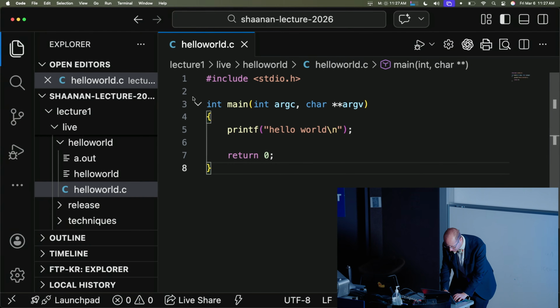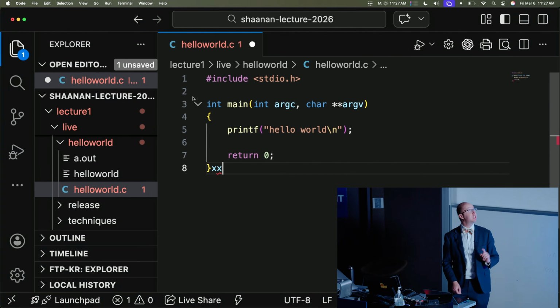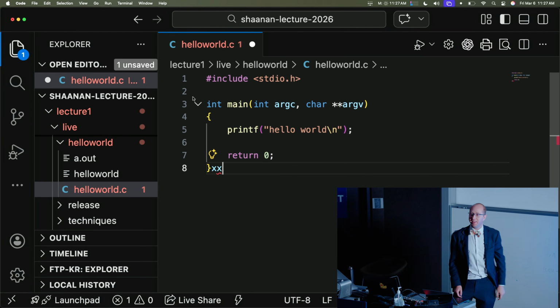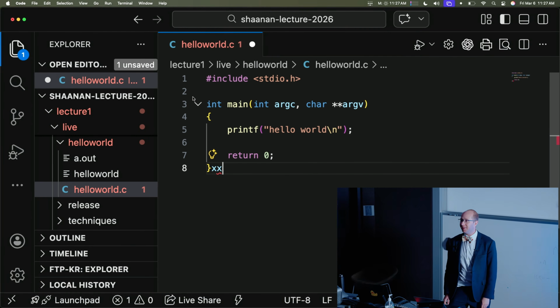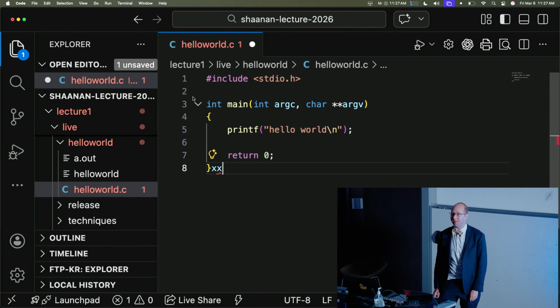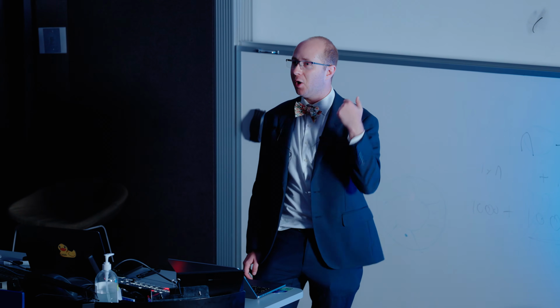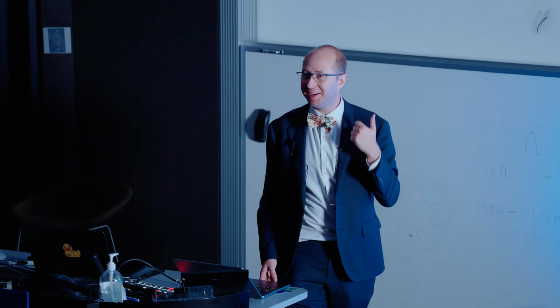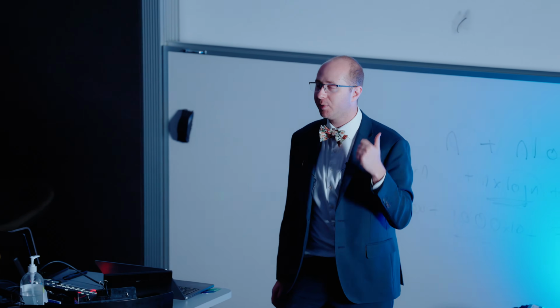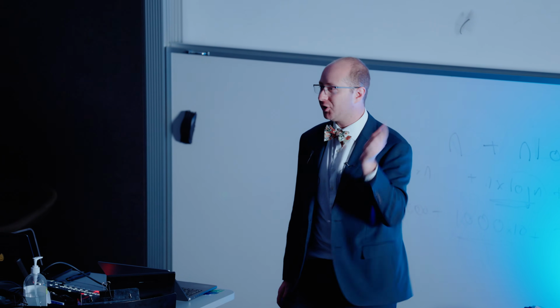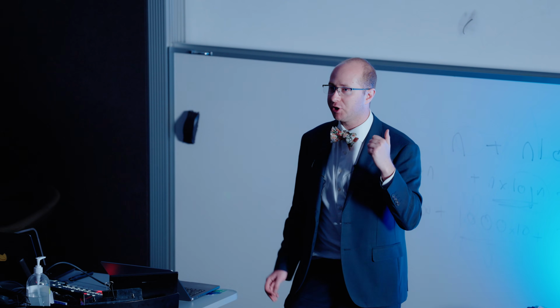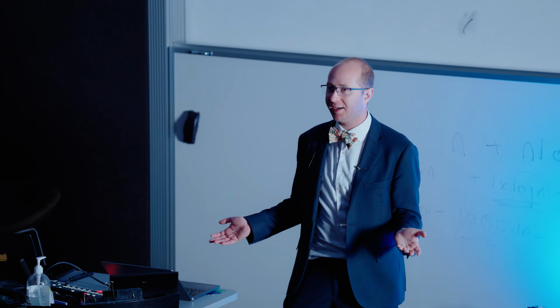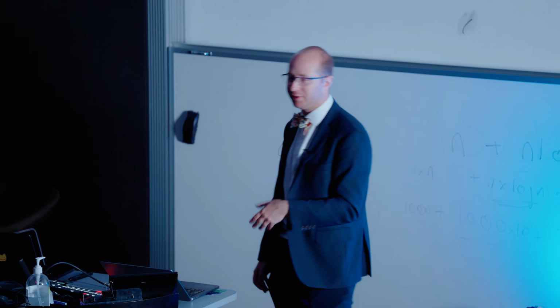So first thing, I'm going to create, actually, teaching moment. See that white dot in VS Code? That means my file is not saved. If you try and compile this, you will compile the version that you last saved and not this version. One of the things I see with students getting confused the most with using VS Code is that white dot will still be there. They're compiling the old version. They're like, why didn't it work? I just changed this thing, only to realize that they haven't saved.